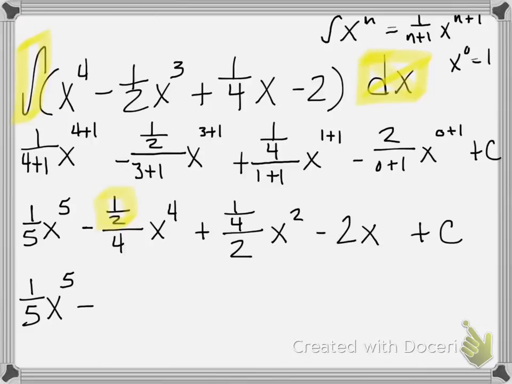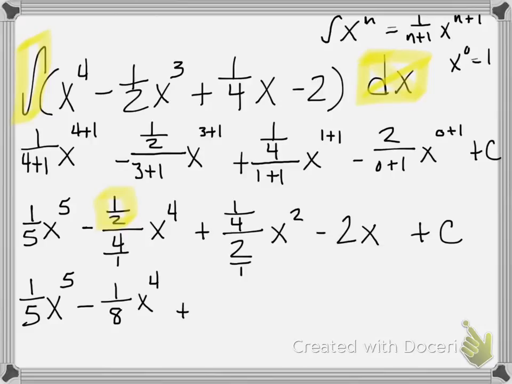The bottom fraction is the same as 4 over 1, so that's going to be the same as 2 over 1. So basically just flip that upside down. So we're going to have 1/2 times 1/4, so we multiply the denominators. That's going to give us 1/8 x to the 4th